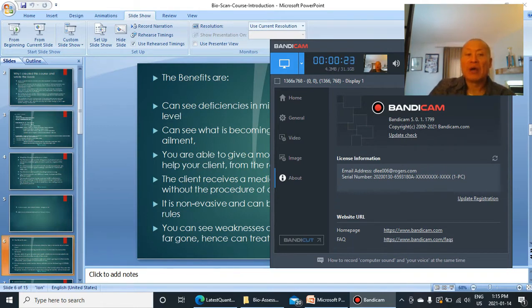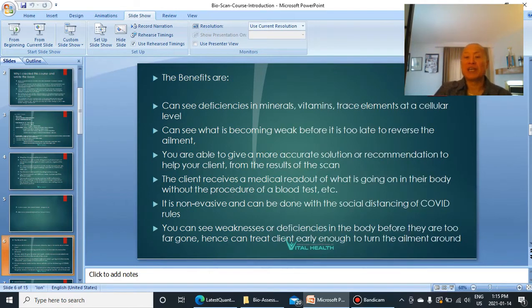Now, the benefits of taking this course in the Quantum Resonance Analyzer is that you can see deficiencies in minerals, vitamins, trace elements at a cellular level. You can see what is becoming weak before it is too late to reverse the ailment. You're also able to give a more accurate solution or recommendation to help your client from the results of the